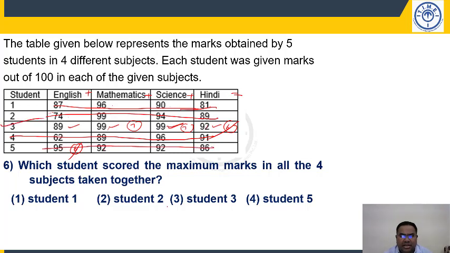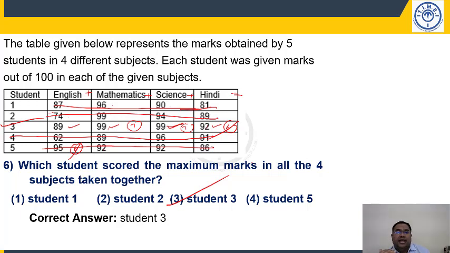I can say student 3 in all the 4 subjects together, he has scored highest. By comparing, so don't get into actually additions. If you get into additions, then you have to add 4 students, 4 subject marks here. Similarly, in the previous case also you have to add. It will be time consuming. By observation, you can eliminate. That will be actually helpful to you, students, right?